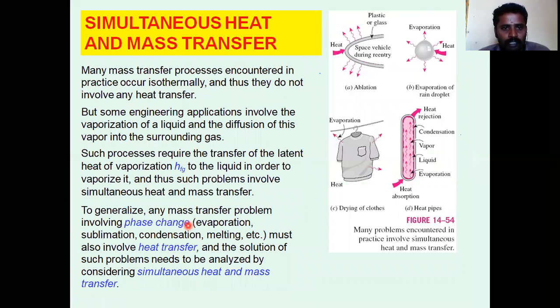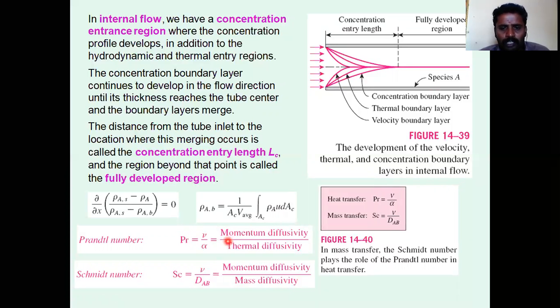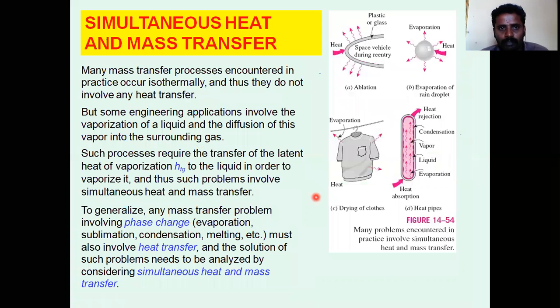Another important number is the Sherwood number. In terms of the Nusselt number, we should follow the Sherwood number, which is the ratio of the concentration of species at the boundary. It is also involved in mass transfer problems. Next, simultaneous heat and mass transfer. Mass transfer can occur isothermally and not involve heat transfer. This is a simple example of mass transfer.